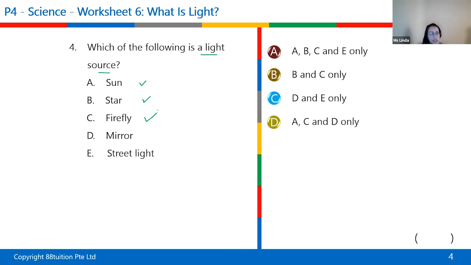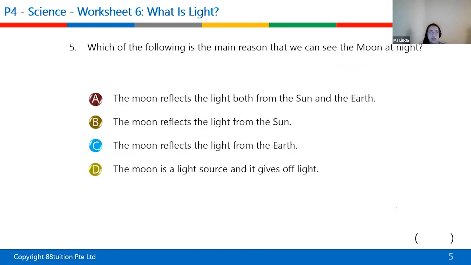Now light source, mirror. No, a mirror is basically a solid. If it's total darkness and you want to look at yourself in the mirror, you can't really see yourself. You need to turn on the light. So they don't give off light, but they reflect the light. Please take note. They actually reflect. They don't give off. Street light. Yes, they do. You turn on the street light every day at 7 p.m. in Singapore, I think, or 6:30. Once it's that time, they automatically switch on. So your answer is A, B, C, and E. Number 5. Who wants to try 5? Yes,